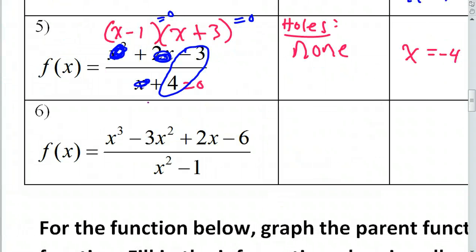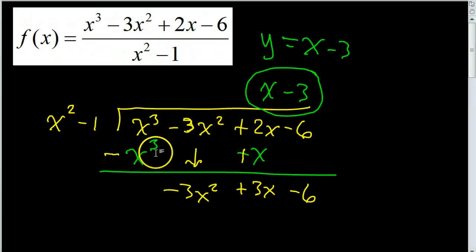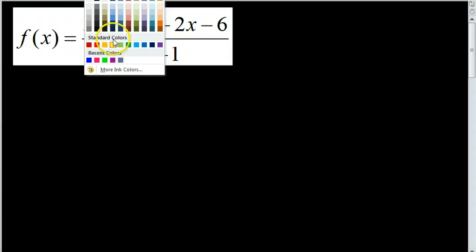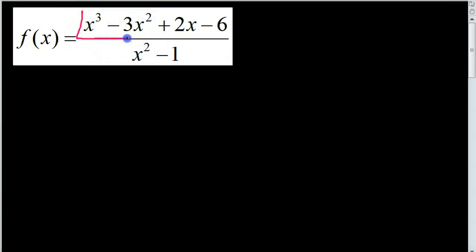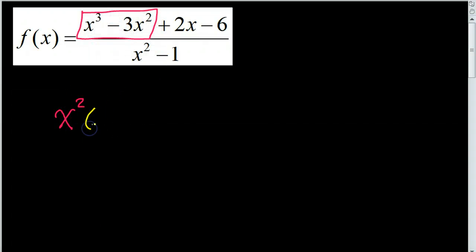All right. Now, what about the vertical asymptotes and holes? Let me come back to this again. To find out if there are any holes or not, we need to factor and see if anything cancels. So I'm looking at the numerator. I'm thinking grouping. Looking at those first two terms up there, what's the GCF? X squared, right? So if I bring out that x squared,